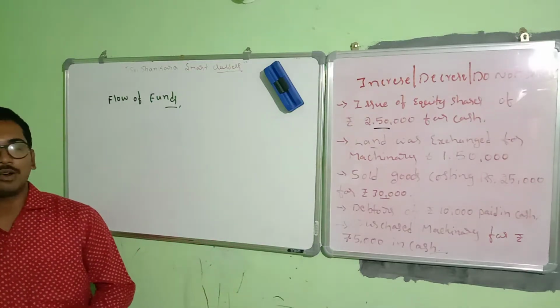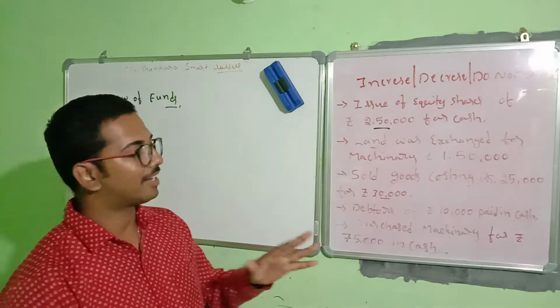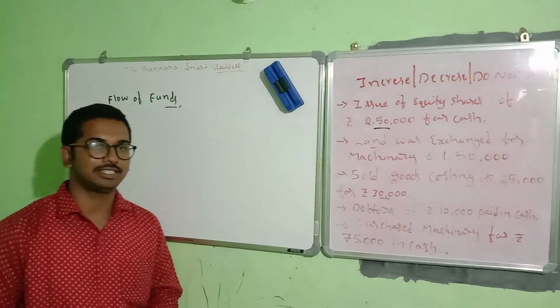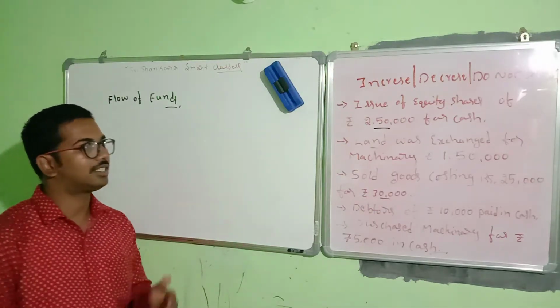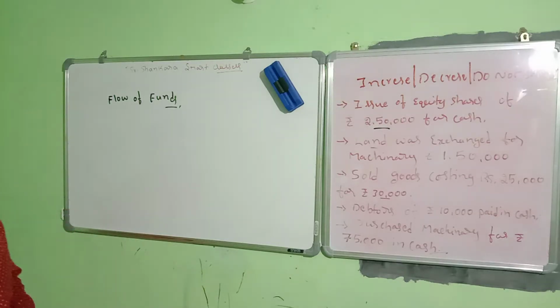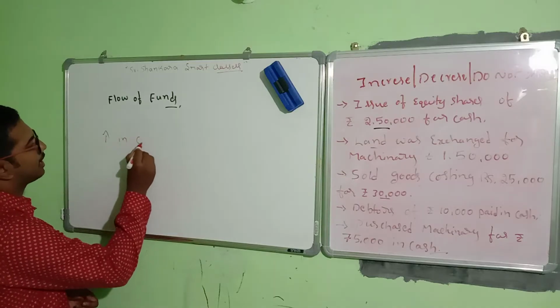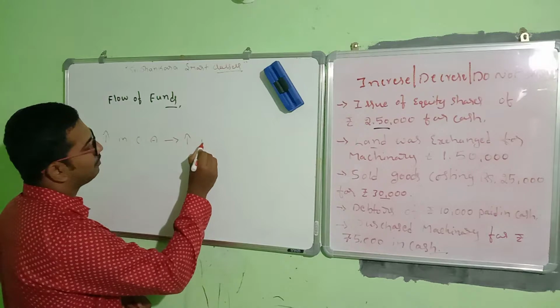In this session, we are going to analyze the transactions which will impact working capital. Working capital, as we know, is the difference between current assets and current liabilities. So how can we tell whether current assets and current liabilities increase or decrease working capital? It follows these four regulations. Increase in current assets leads to increase in working capital.